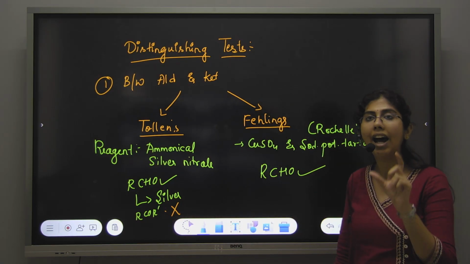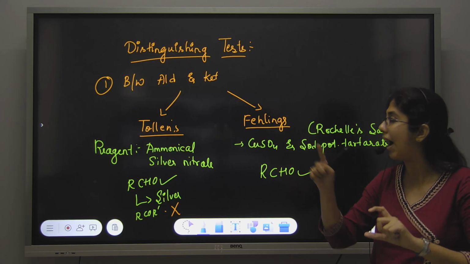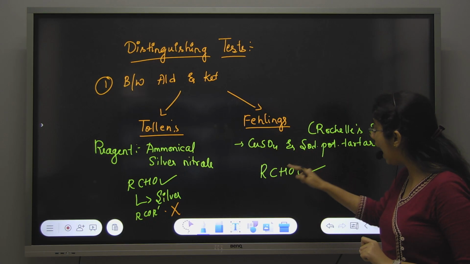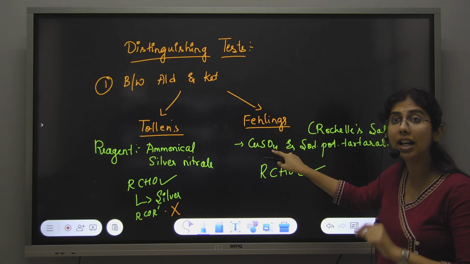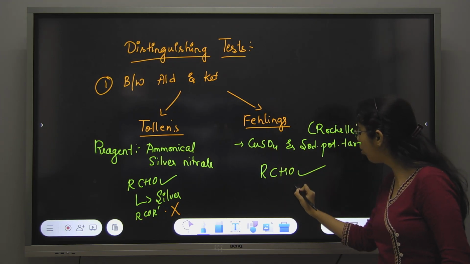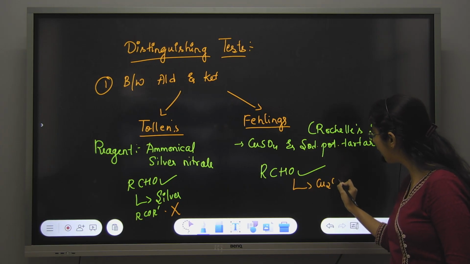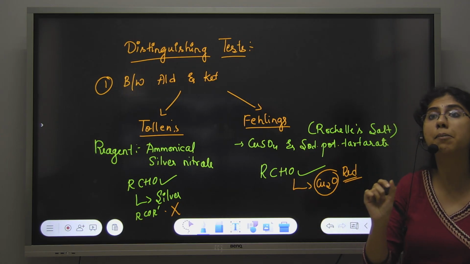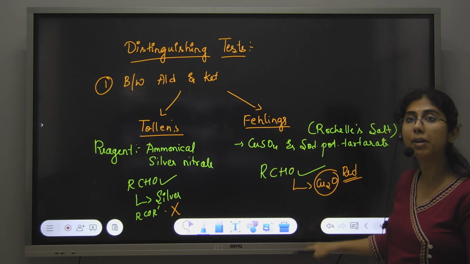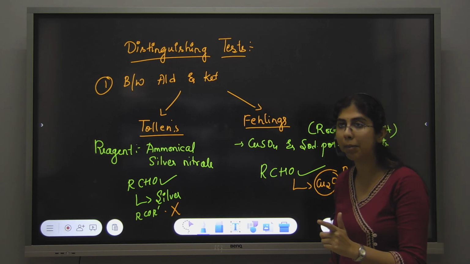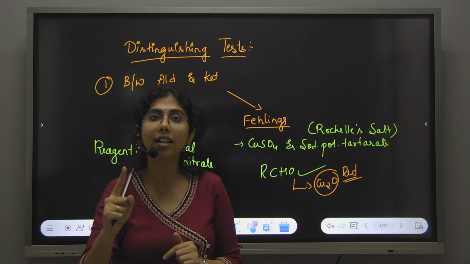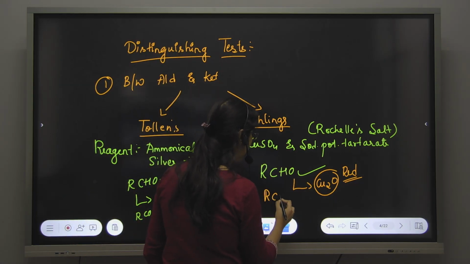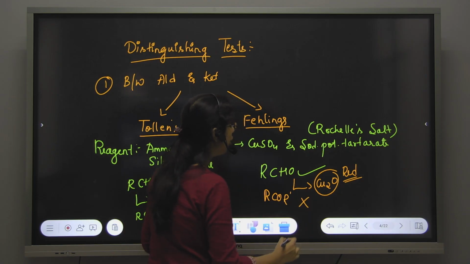Now let's say I have taken an aldehyde in a test tube and I am adding Fehling's reagent to that test tube. What will happen? Aldehyde will react with this reagent, it is blue, and you will get a red precipitate of copper oxide. Remember that. If you add an aldehyde here, you will see a red precipitate, but if you take a ketone,